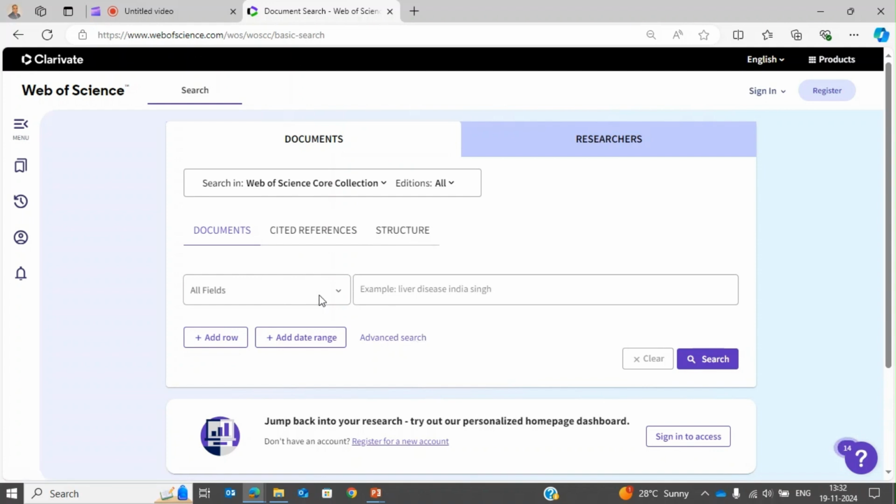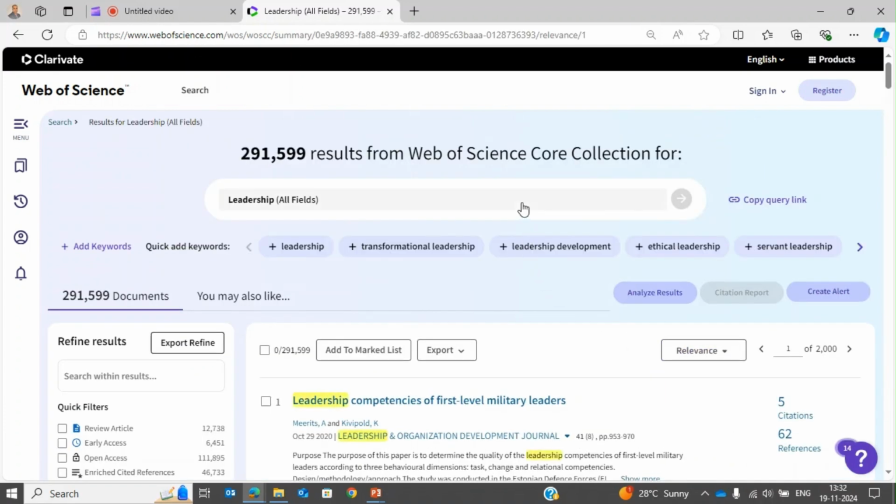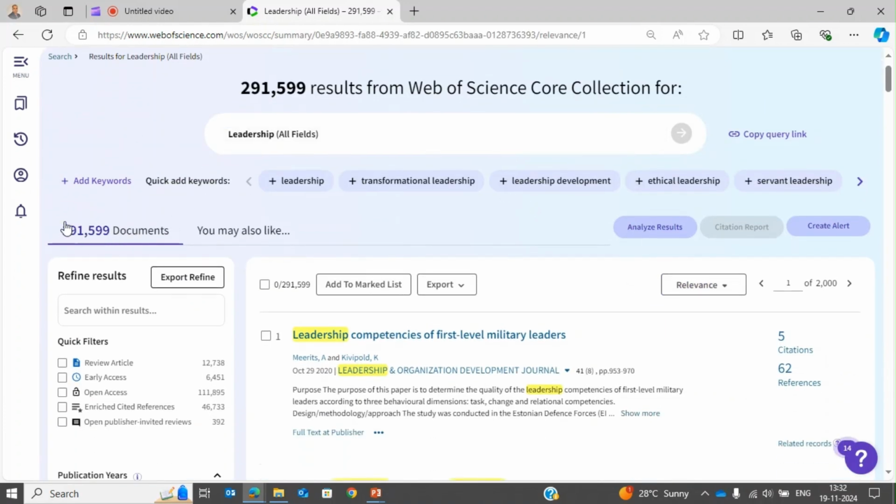In that, for example, we want to do it on leadership. If you want to do a systematic literature review on leadership, we just write leadership and then press search. The problem with leadership is that it will result in so many documents. In total, 291,599. That's too much for anyone to analyze. So what do we do? We go back,